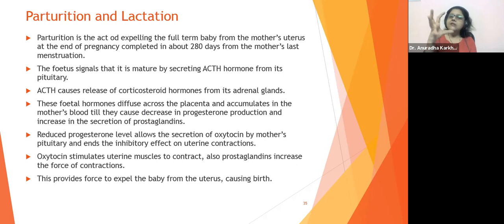The smooth muscles of the uterus are going to undergo contraction. We saw the uterus has 3 layers: perimetrium, the muscle layer, and endometrium. So this middle layer of muscles will start contracting, and prostaglandins will ensure that the contraction is going to be a forceful contraction.